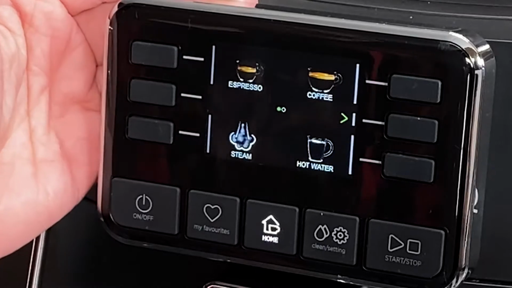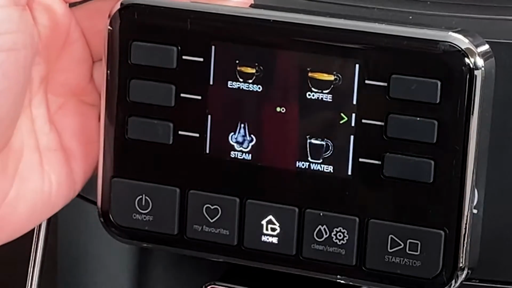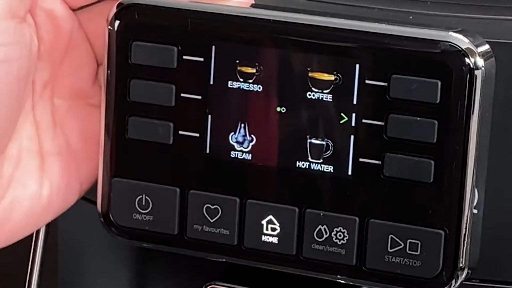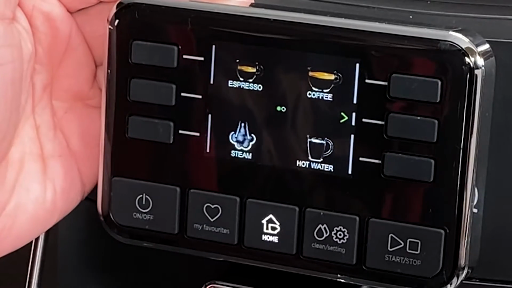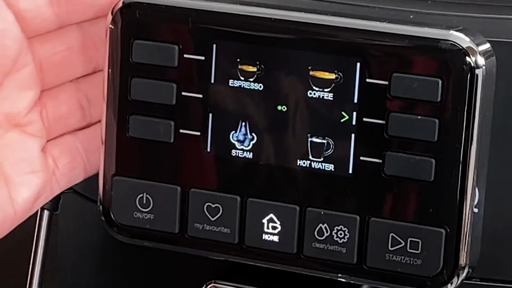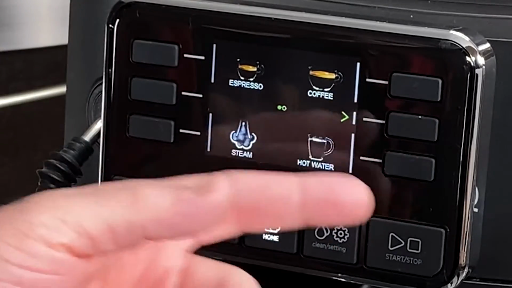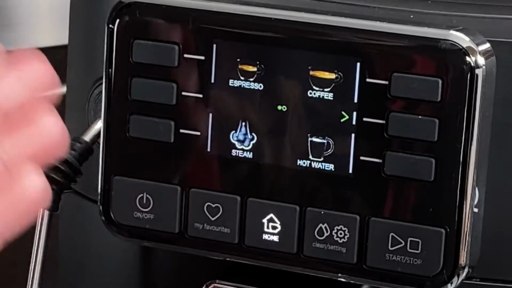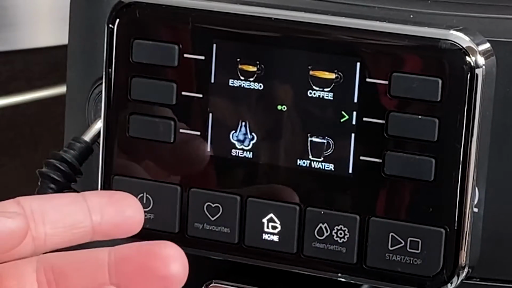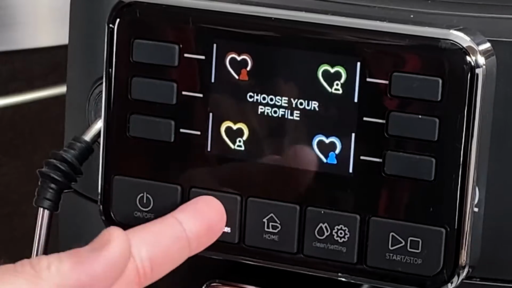All right, so before we program any of our drinks, let's take a look at what the buttons and the screens actually mean on the Cadornas. Each machine uses a suite of 11 buttons. As you can see, we've got 3 on either side of our screen and then 5 across the bottom. From left to right down here, we've got on and off, obviously, my favorites, which will take us to